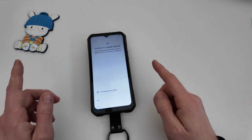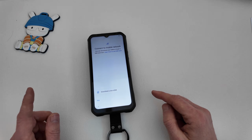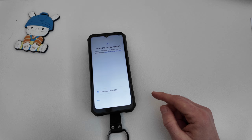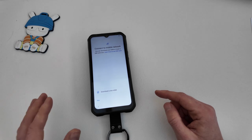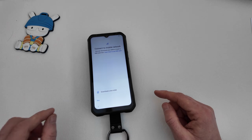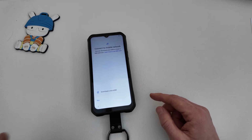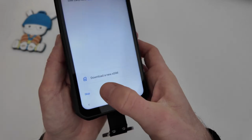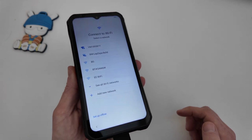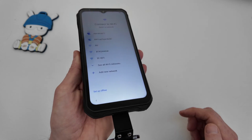Now, what is also amazing about this device is that we've got 5G available. Now some of the phones, especially the ruggeds, are only 4G capable. We got 2 SIMs, and there is also eSIM available, which is very, very cool indeed. But I'm going to skip this for now. I'll connect to my local network and then we can talk a little bit more about this